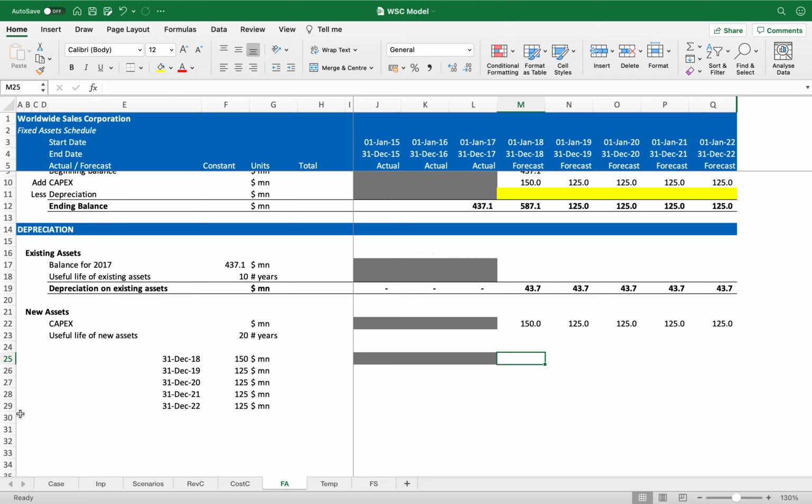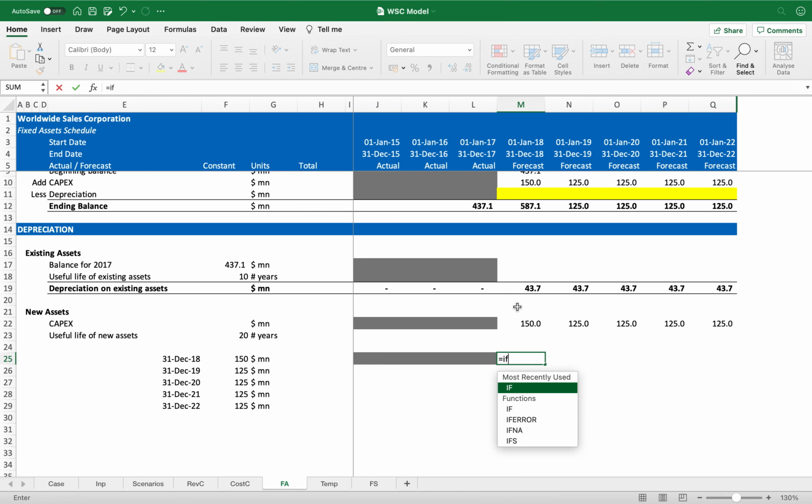Now, what I want is, this $150 million is an expense for the year 2018. This $150 million is a capital expenditure for 2018. So what I need to do here is, if the year is 2018, I need to divide by 2, I need an average value. Otherwise, I need a full value. Alright. So I will say